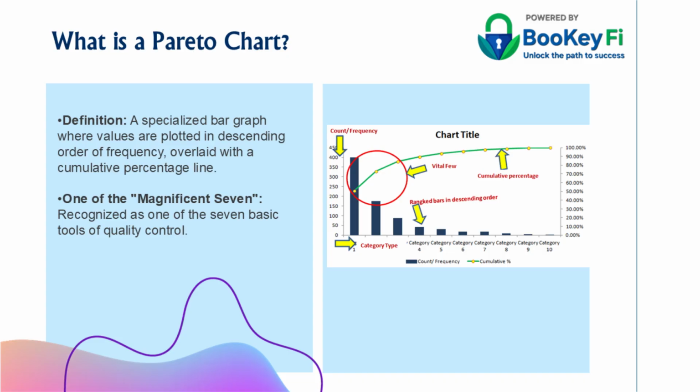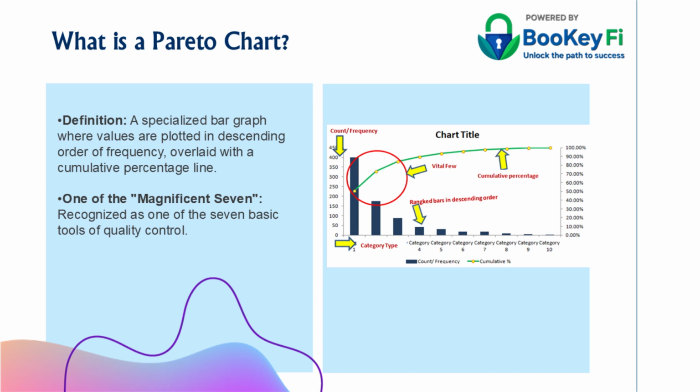When we talk about problem solving in a professional setting, we often have too much data and not enough direction. That's where the Pareto chart comes in. By definition, it is a specialized bar graph where your data points are plotted in descending order, meaning the tallest, most frequent bars stay on the left, and the smaller ones trail off to the right. But what makes it truly specialized is the cumulative percentage line overlaid across the top. This line shows the mathematical weight each category adds to the total, helping you see exactly when you've reached that